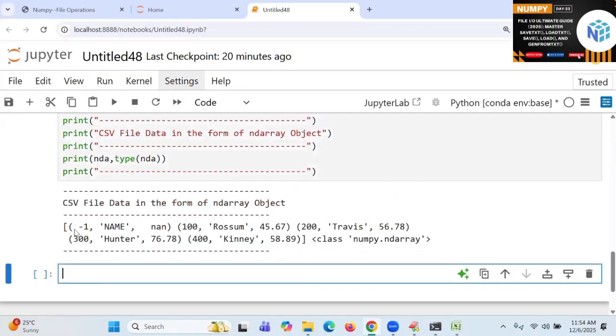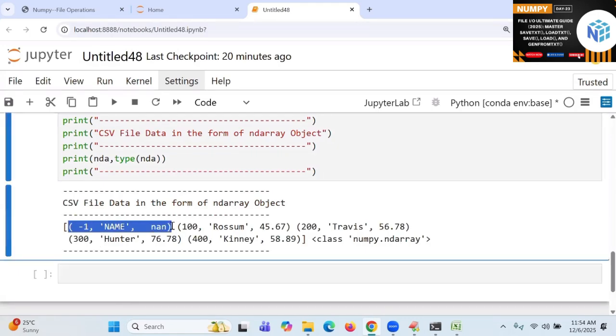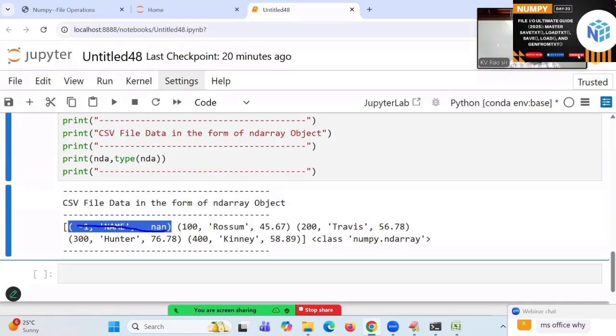You will be getting this extra one coming here. What is this extra? -1, name, nan is coming. But actually, this is internal information about our header names. So actual data starts from here only. Are you following me? So this I don't want. That's why we said names is equal to true.